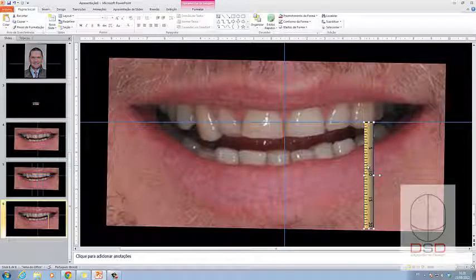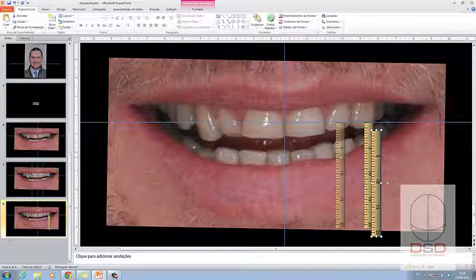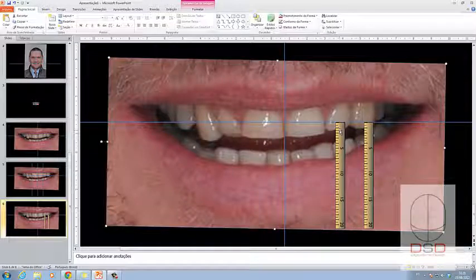Now, just to leave that ruler there, I'm going to click on the ruler and do a Control D to duplicate the ruler, and I'm going to go to tooth number 22. So on the 22, in this position, it's 1.2. We can say 1.2 centimeters. I go on my model, I set my caliper to 1.2, I position one of the tips of the caliper here, and where is the 0, I'm going to do another little dot. With the pencil, I'm going to design a little dash on tooth number 22